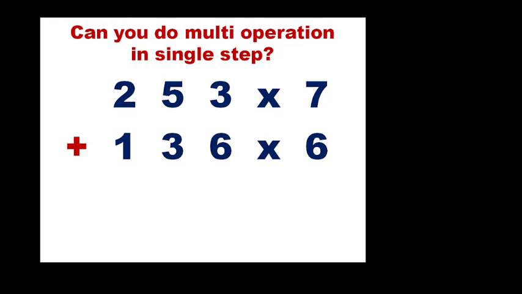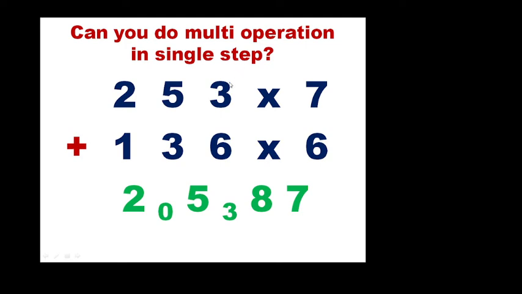How, sir? You multiply 2 into 7, 14. 1 into 6, 6. Add 14 with 6, 20. So write 2 big, 0 small. Understand? Next you take 5 7s are 35. 3 6s are 18. So add 35 plus 18. 35 plus 18, 53. Yeah, that 53 is right. 5 big, 3 small.